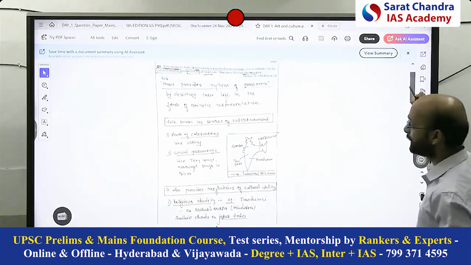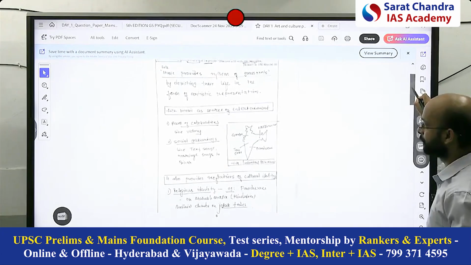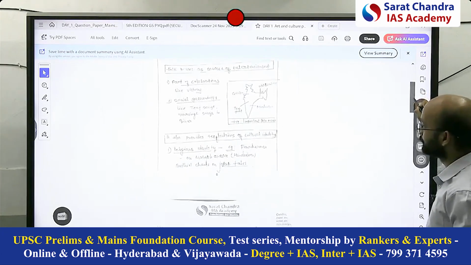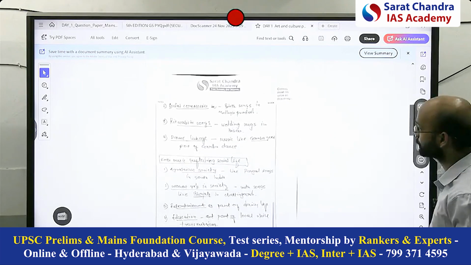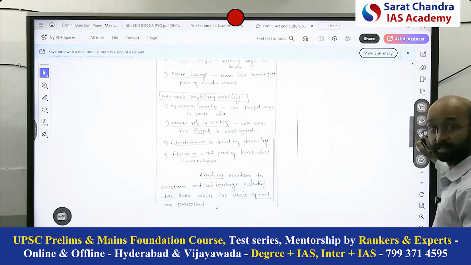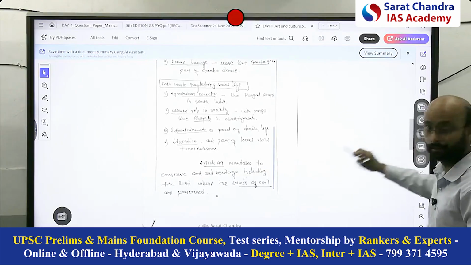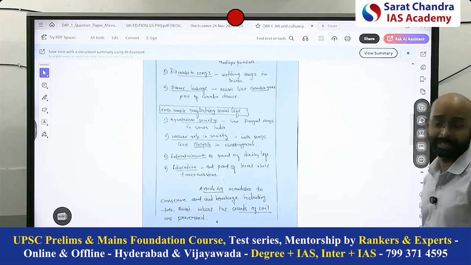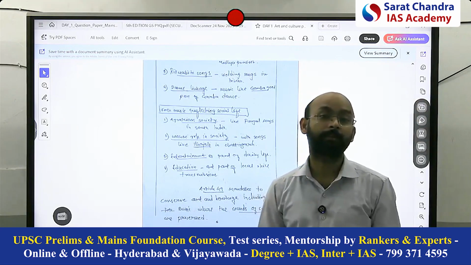See how it's visible. Okay, a small three-line introduction, proper boxing of the subheading, a map is given, a small point with example. See, the points are clearly visible, spaces are maintained. Then Article 49 is being highlighted, underlined. So this way I want every one of you to write. And that is the motto of this program.